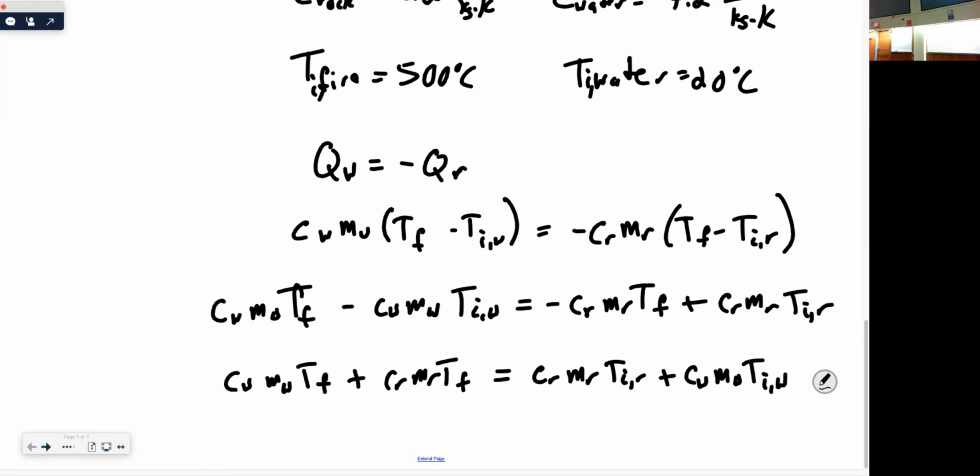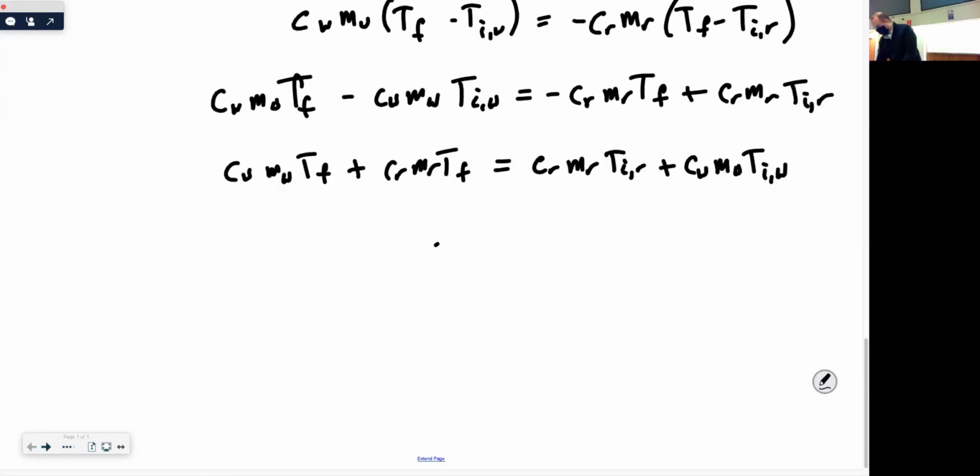You're going to get a T final. It's just going to be a nonsensical T final. So again, forgetting that negative sign at the beginning, it isn't going to be obvious until you get to the very end that something has gone wrong. And it might not even be obvious then, although it should be.